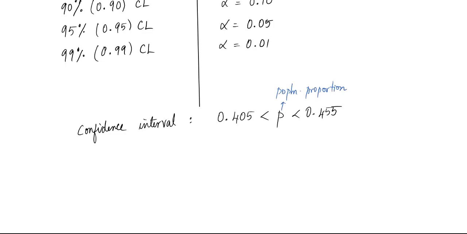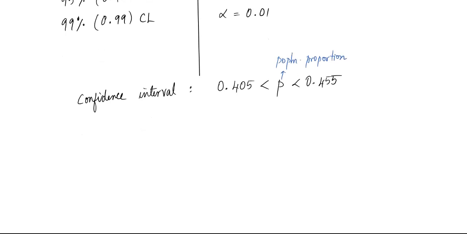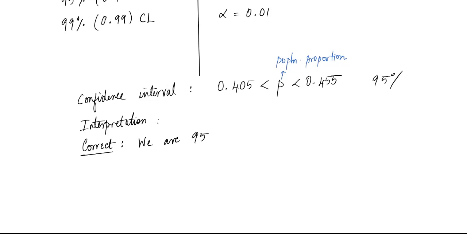How do we interpret this? Okay? So I'll just write here, interpretation. You can interpret it in many ways, so I will point to the correct way of interpreting this. So we will say, say this was for a 95% confidence level, we are 95% confident